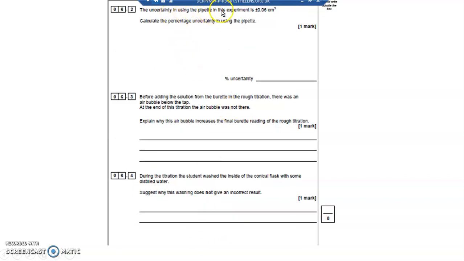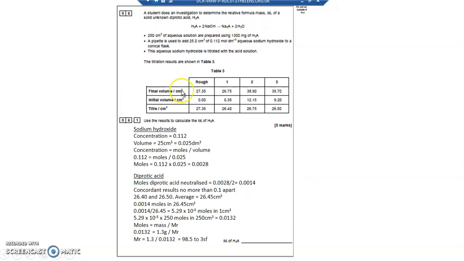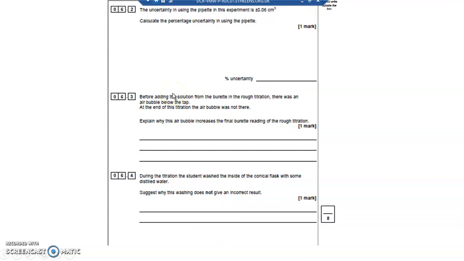The uncertainty in using the pipette is 0.05. Remember, you're taking 2 readings though, so what actually happens is the error is 0.06 per reading. So because I'm taking 2 readings, a start reading, an initial volume and a final volume, I have to multiply my error by 2, because every time I do a reading, that's the error that could occur. So 0.06 times 2 is 0.12, and then my percentage error is how far out it could be divided by my reading, which is my average of my two concordant results, 0.12 divided by 26.45, multiplied by 100% for a percentage,